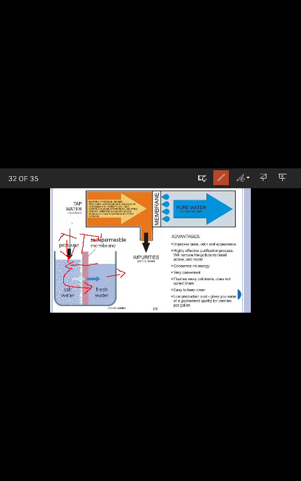Let us see the advantages of the reverse osmosis process. With the help of reverse osmosis, we can improve taste, odor and appearance. At the same time, it is a highly effective purification process that will remove the pollutants listed above and more. It removes bacteria, pyrogens, viruses and all the pathogens available in the water. At the same time, it removes all the dissolved solids, sodium, calcium, magnesium, sulfates and cadmium, and all the colloidal waste, everything it will remove.